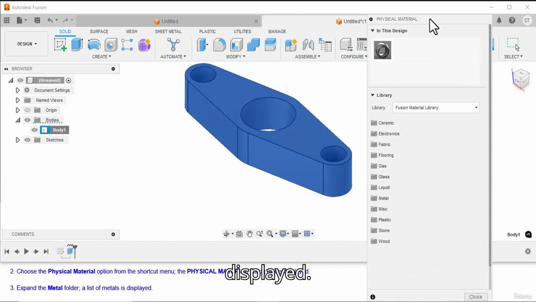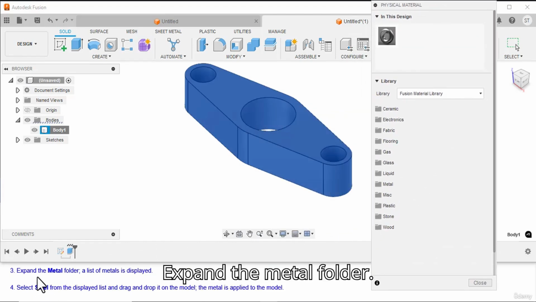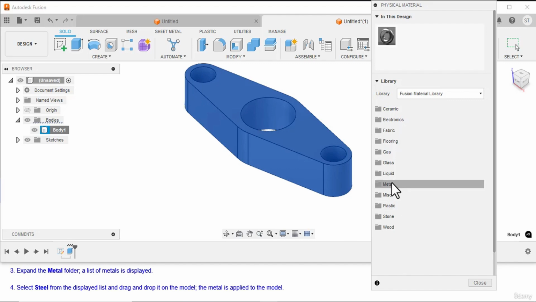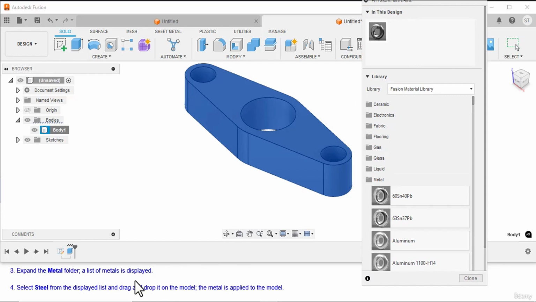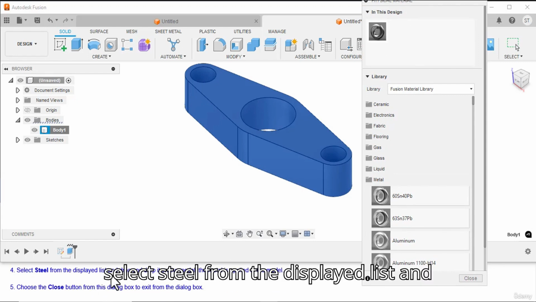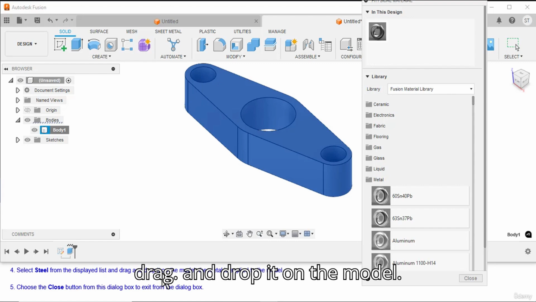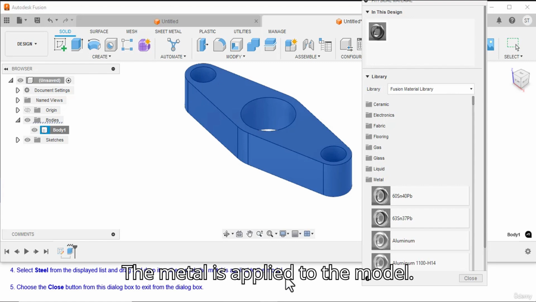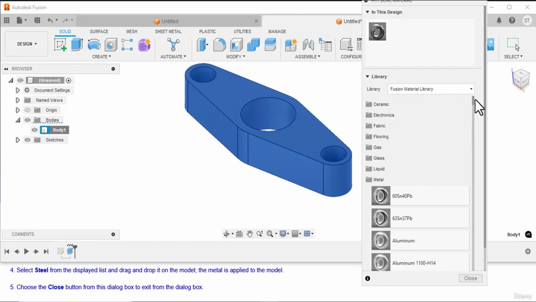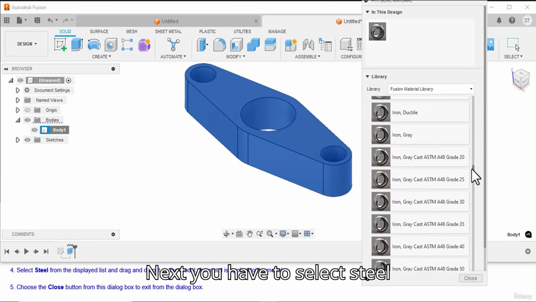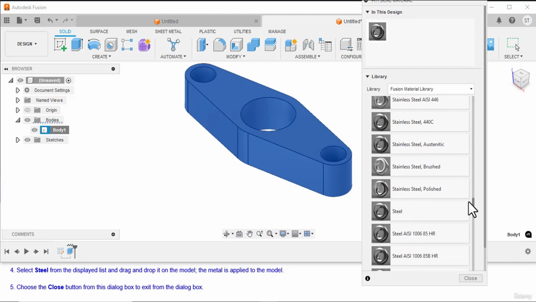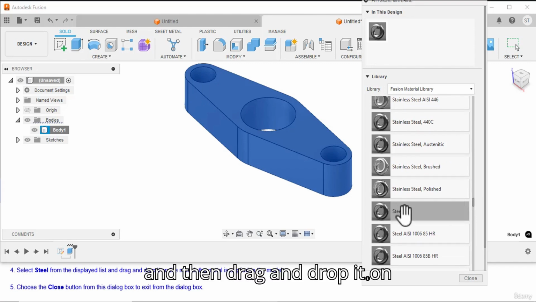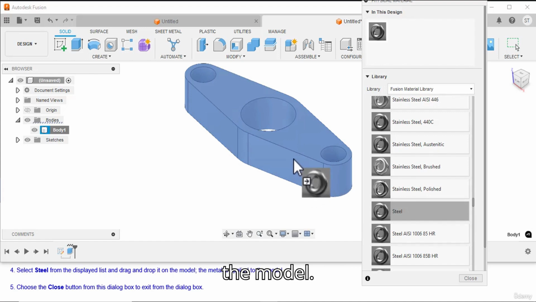Expand the metal folder. A list of metals is displayed. Select steel from the displayed list and drag and drop it on the model.